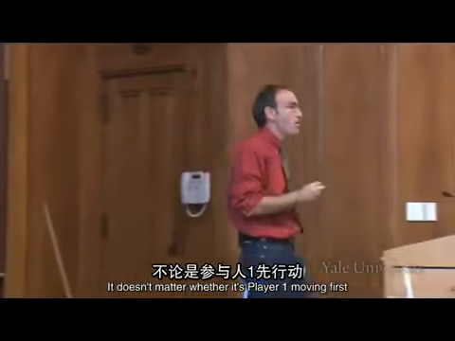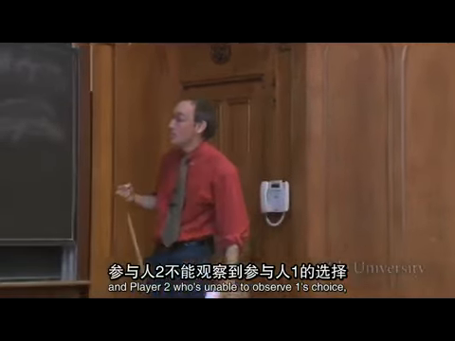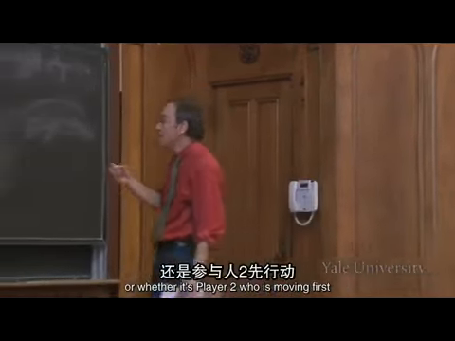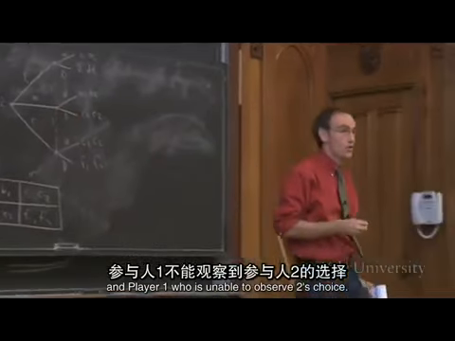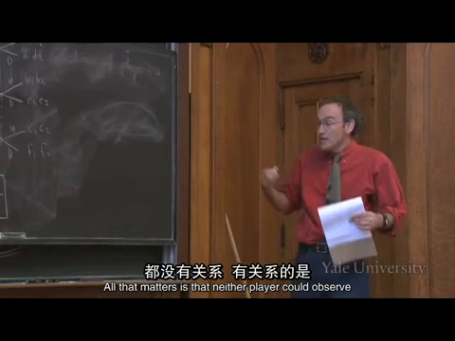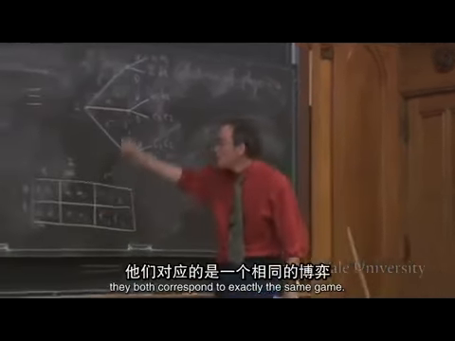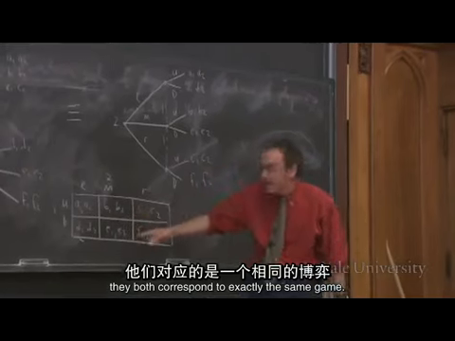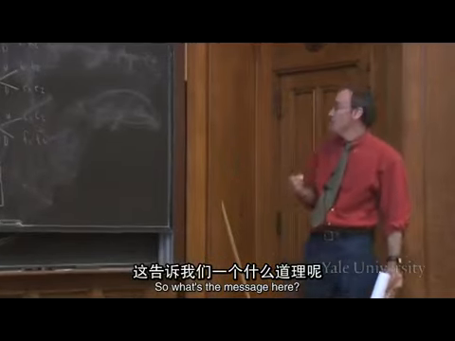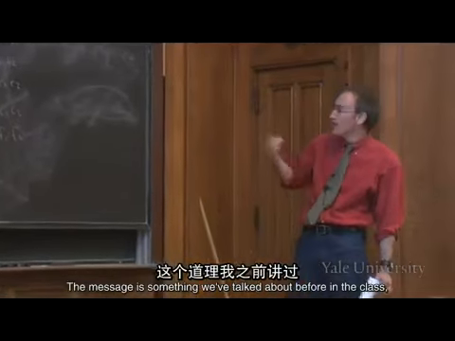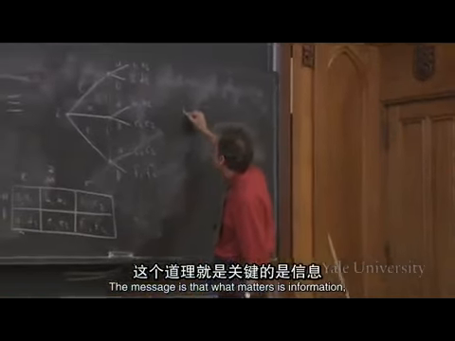It doesn't matter whether it's player 1 moving first and player 2 who's unable to observe 1's choice, or whether it's player 2 moving first and player 1 who is unable to observe 2's choice. All that matters is that neither player could observe the other person's choice before they got to move. They both correspond to exactly the same game. So what's the message here? The message is something we've talked about before in the class, but I'm trying to make it a bit more formal. The message is that what matters